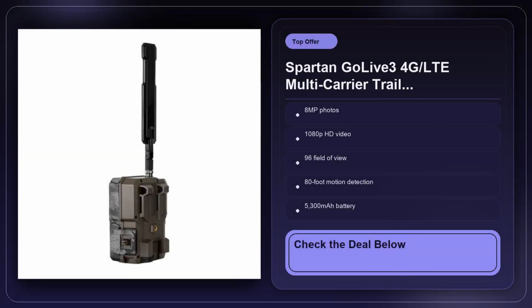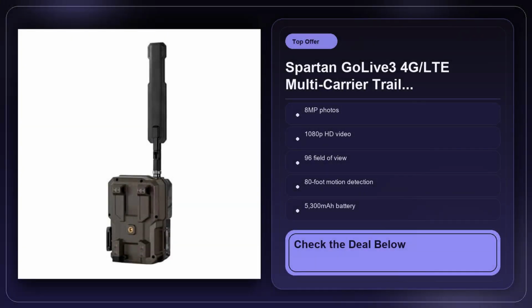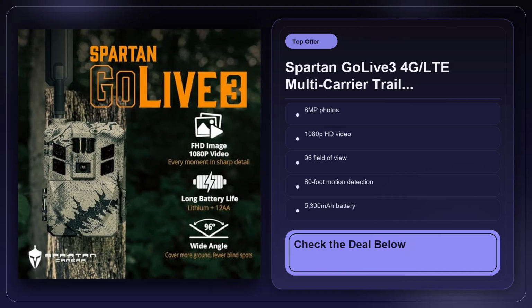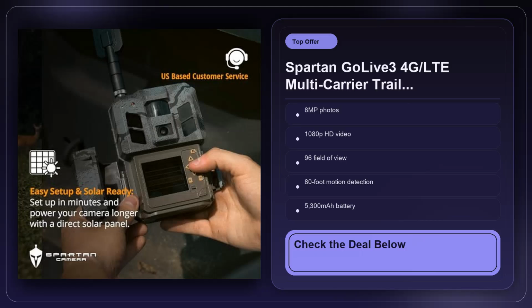The GPS tracker built into the unit also means you can locate the camera if it gets moved, something I found useful when a curious neighbor accidentally shifted the cam a few feet while trimming a hedge. The locator pinged my phone and guided me straight back to the device, eliminating the usual search-the-whole-property ordeal. All that said, the GoLive3 isn't perfect, and knowing its practical weaknesses